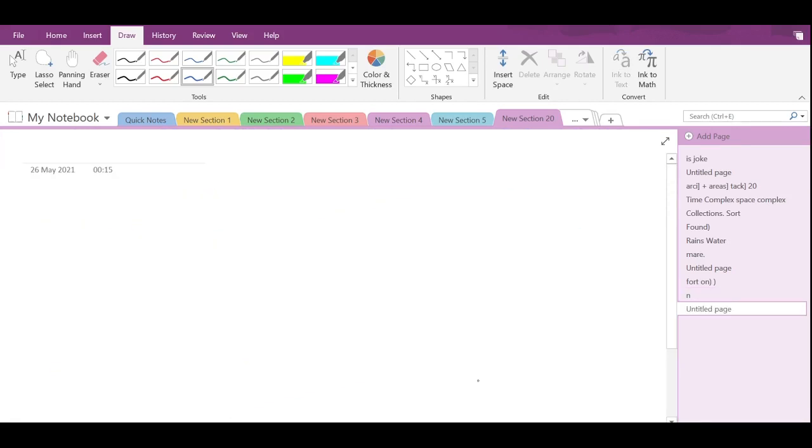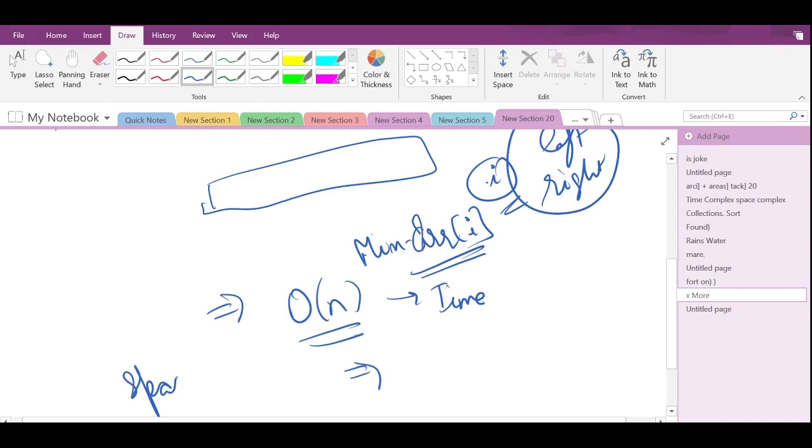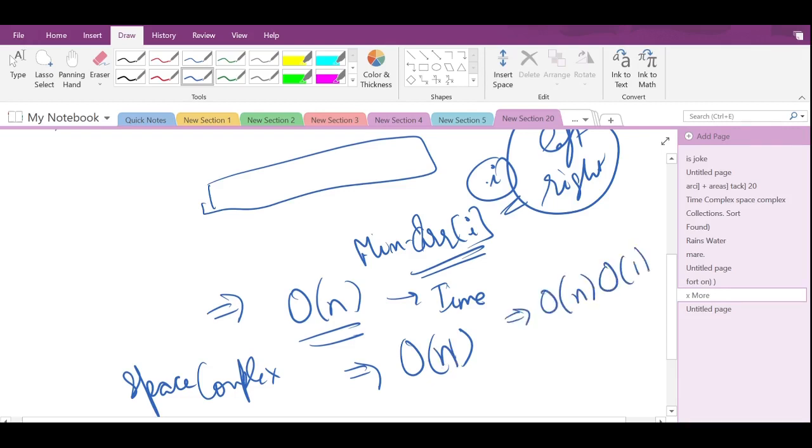Using this approach, we traverse the loops 3 times. So basically, the time complexity is big O of n, and for space complexity, we used n-sized arrays, so it is big O of n again. So this was better than the previous approach: big O of n for time, versus the previous approach which was big O of n squared, with big O of 1 space. Space was better there. So let's discuss another approach.